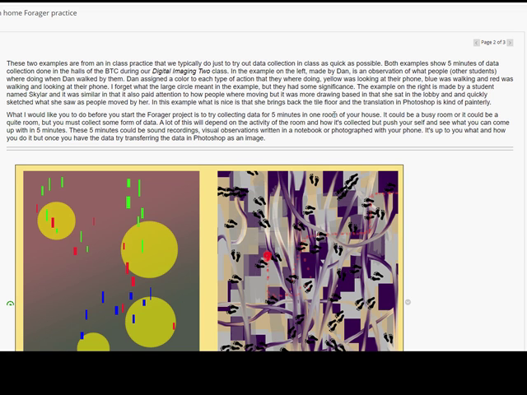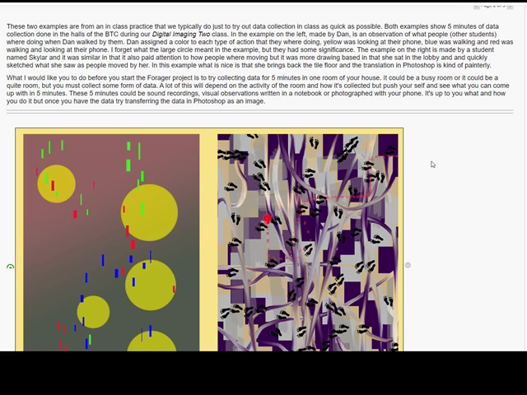Try collecting 5 minutes of data in one room of your house. You could walk around if you wanted to. But think about: is it a busy room? What time of day? What kind of activity is going on? And how are you going to collect it? Is it going to be sound recordings, visual observations, or photography? Maybe just use your phone. It's up to you. But once you have collected that data, run to your computer,